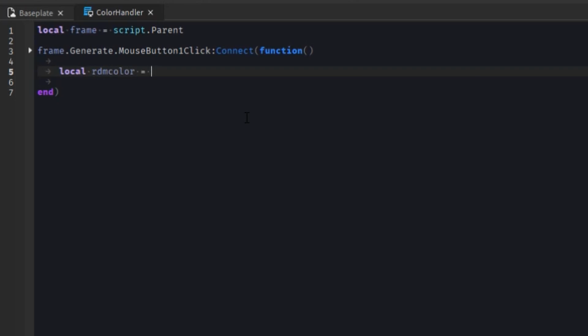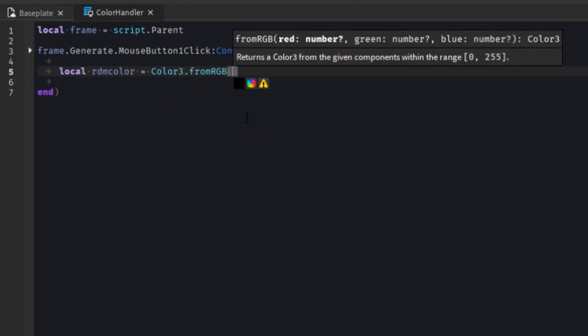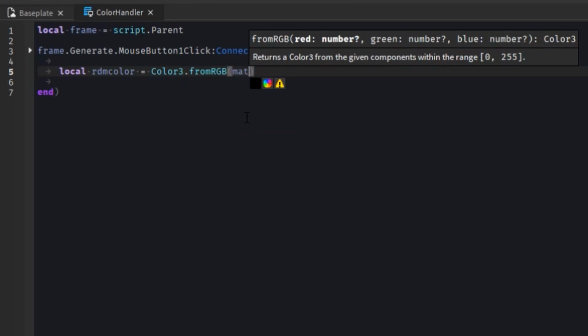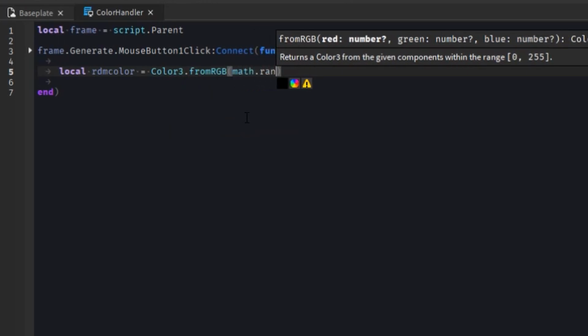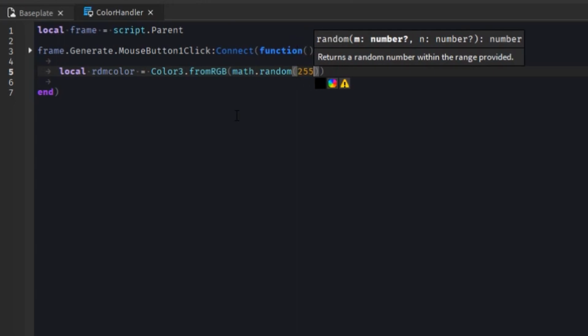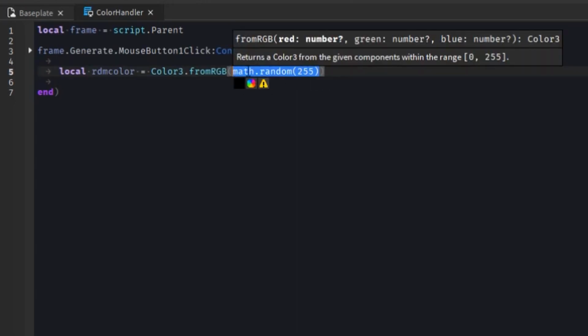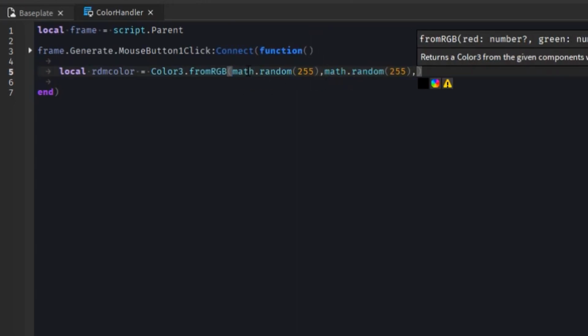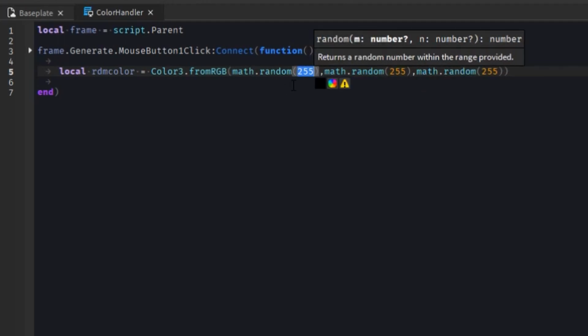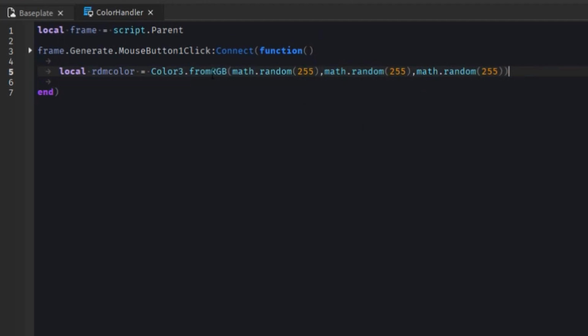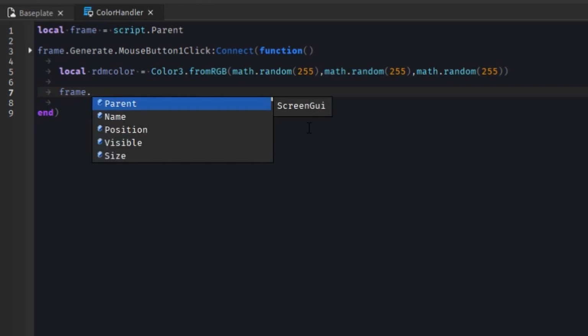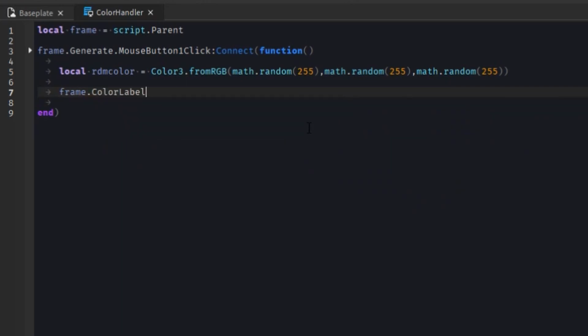Obviously we're just going to use math.random for this. And we're going to get a random number from 1 to 255. We don't need the 1 because it'll automatically default the minimum to 1 if we only give it 1 value. And now all we gotta do is index our frame, and we're going to get our color label, and we're